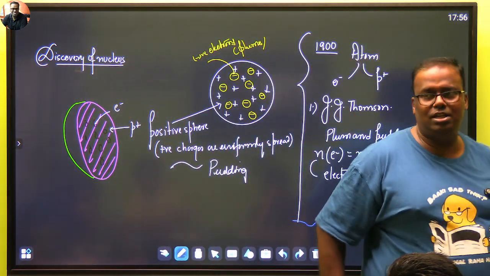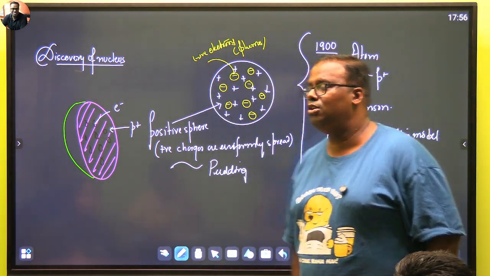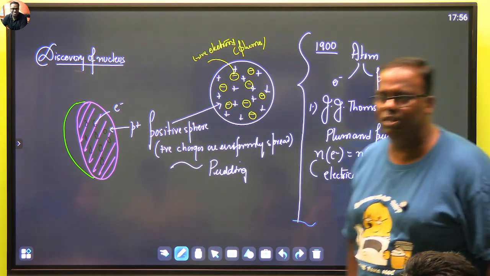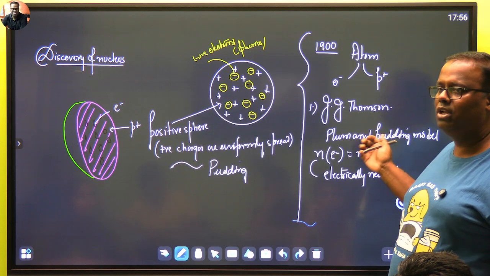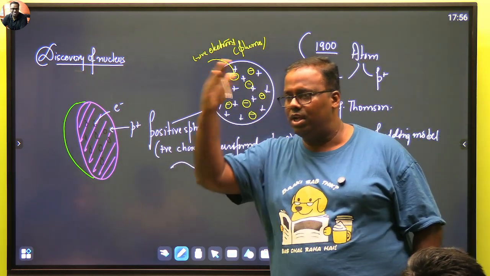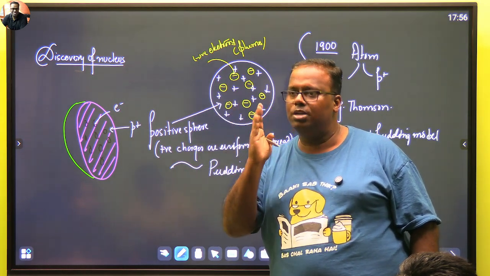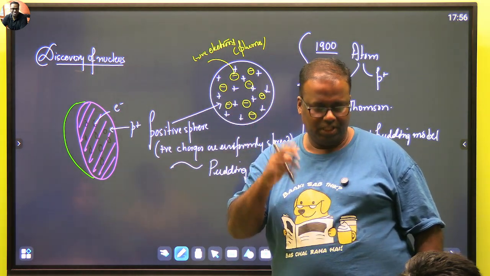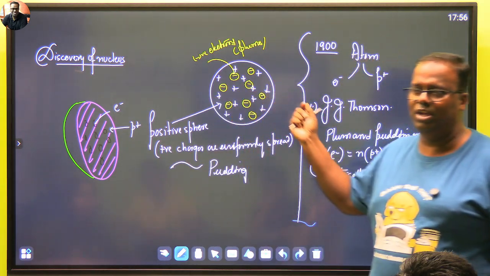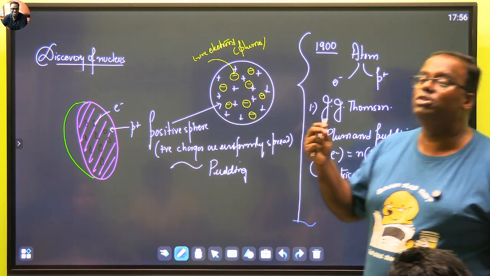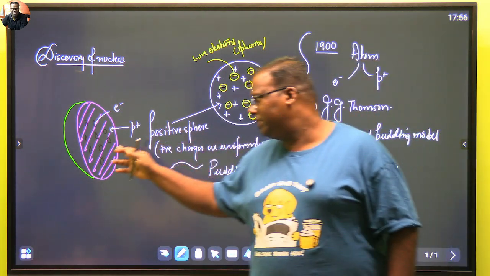We are at 1900, and at 1900 electron and proton was known to us. And J.J. Thomson was the first person to propose a model of the atom, and the model he gave came to be known very famous as the plum and the pudding model, in which the atom is conceptualized to be a sphere with the positive charge uniformly spread across it like a pudding. लेप की तरह है, खीर की तरह है, और उसमें बादाम की तरह प्लम के पीसेस बिखरे हुए हैं. And what are these? These are the negatively charged electrons, and the count should be same. Got it?